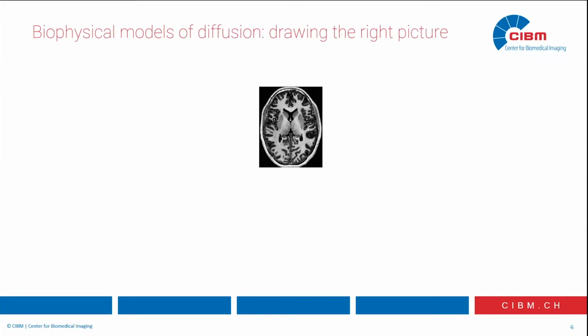So the biophysical model is a link between the MRI signal and the underlying microstructure. And the most important point in biophysical modeling is really drawing the right picture of your tissue, because any model is a simplification, and our goal is not really to render all the details or all the complexities of the tissue, but rather to tease out what are the most relevant features in this tissue and what we can say